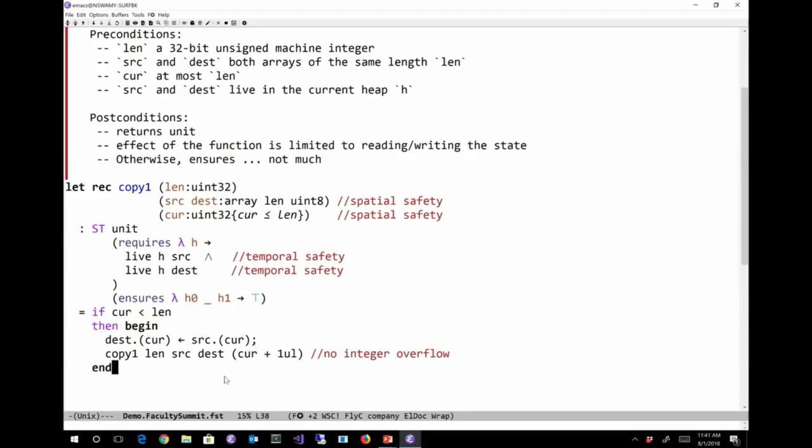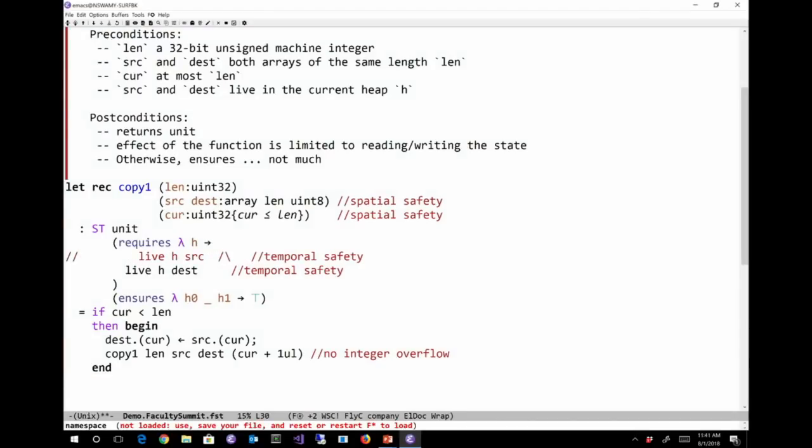Now, when you try to write such a program, you're forced in F-star to prove various basic properties about it. So you see these comments that I have here that say that at various points in this code, F-star will force you to prove temporal safety, for instance, meaning that you cannot access a memory location unless you prove that the memory location is currently live. Or when you do an integer operation, you need to prove that there's no integer overflow. So having written this code, you can ask F-star to check it, and in this case, it says yes.